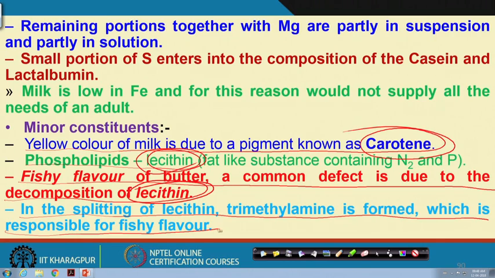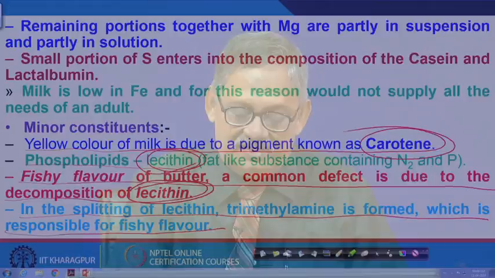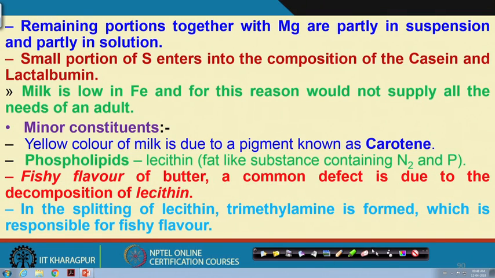normally fish is recognized, or fish is judged whether it has already gone wrong or it is spoiled. So, that number TMA, TMAO helps, but this obnoxious smell is primarily due to the decomposition of this lecithin to those amines, right. In the splitting of lecithin, trimethylamine is formed, which is responsible for this fishy flavor. As we discussed, this fishy flavor is primarily due to the trimethylamine, which is obtained by the decomposition